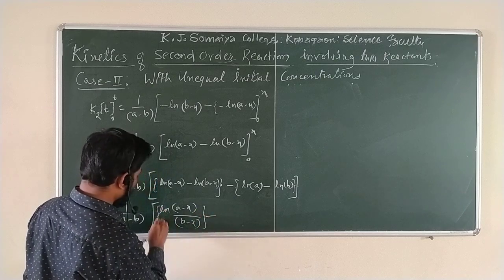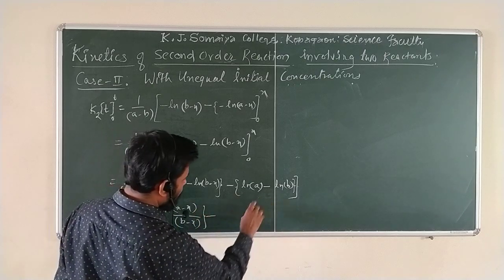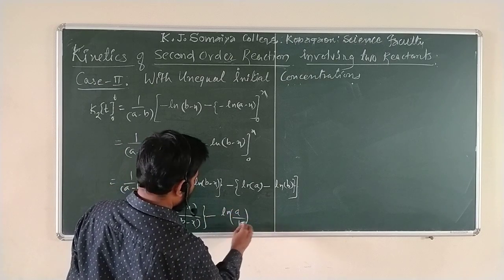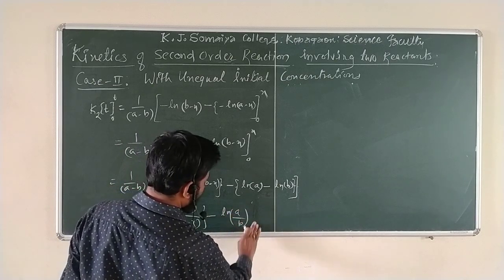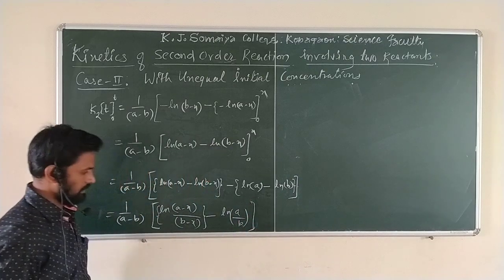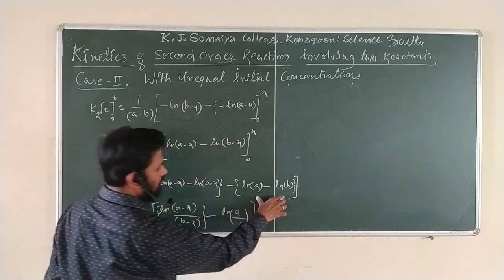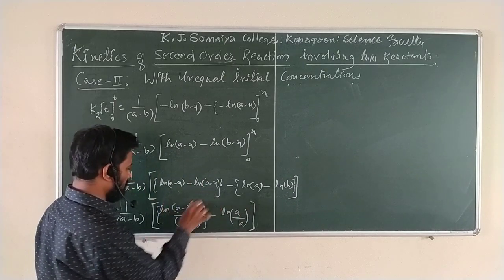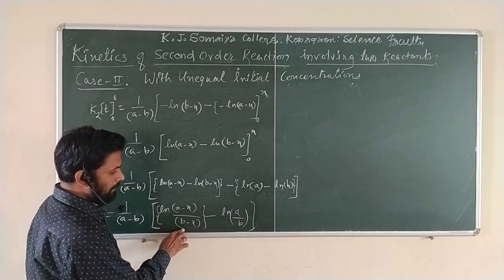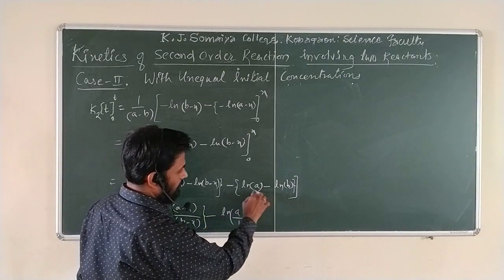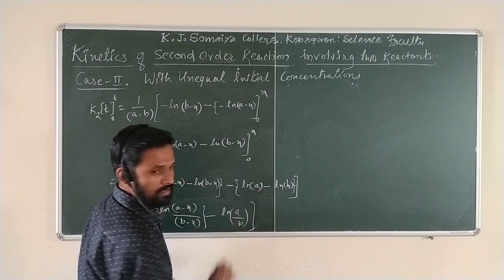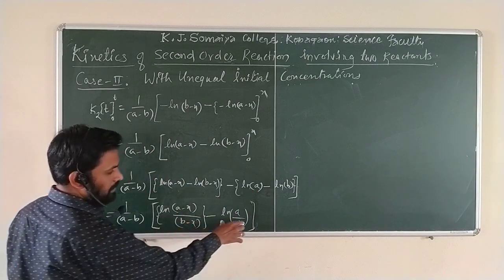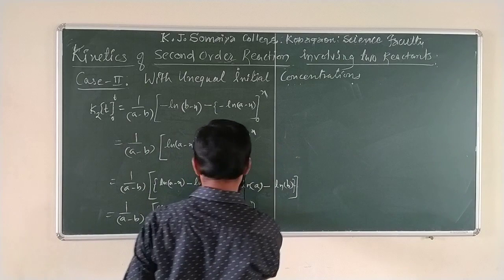So can I put it in one bracket? So what happened? ln a upon ln b, into square bracket within the bracket. This becomes one part, and this becomes the one part. ln(a - x) minus ln(b - x) is nothing but ln of (a - x) upon (b - x). And ln a minus ln b is nothing but ln of a upon b. Now this can be rearranged again. Now this will become one part and this will become one part. So this equation now becomes